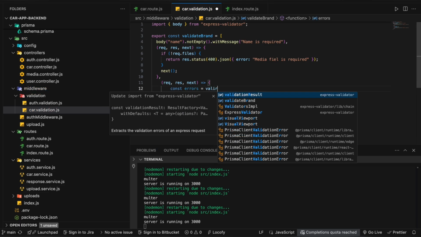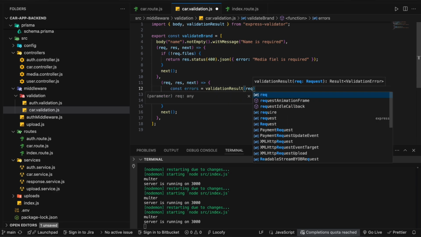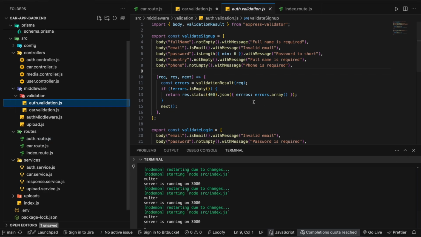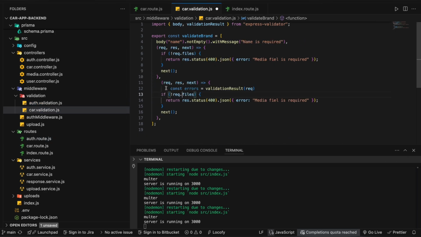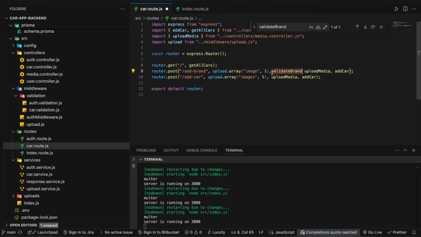So I'm going to add validation result from the same express validator. I'm going to pass it the request, and now I think we need this code, this one. Okay, so just copy and just paste this code. Yeah, let me just see if it is wrong or not. Yeah, now it is, I think, fine. So we need to use this validation brand over here, validation brand. It should give a suggestion, validate